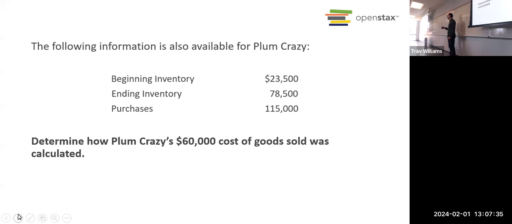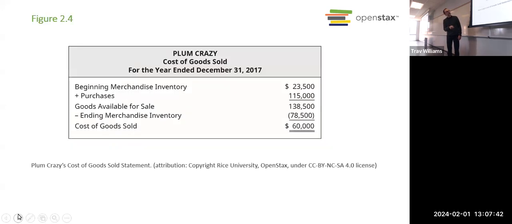If you didn't have that information, how would you figure out cost of goods sold? And we learned that there's a pretty simple formula where you take your beginning inventory, now this is for a retailer, add any purchases that you made during the period, subtract how much inventory you have left over at the end of the period, and that tells you the cost of the inventory that you sold, right?